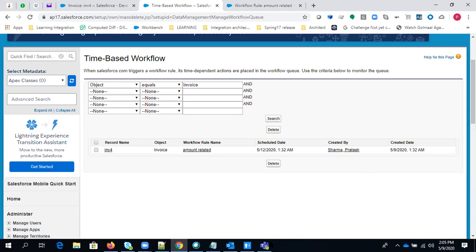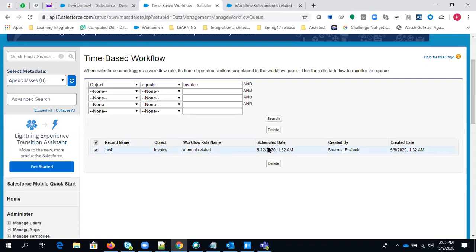But this particular action will be called till the time you select this particular record from here and delete it from this queue. If you delete it from this queue, right, then this particular workflow will automatically diffuse. This particular action will not perform if you delete it from here.